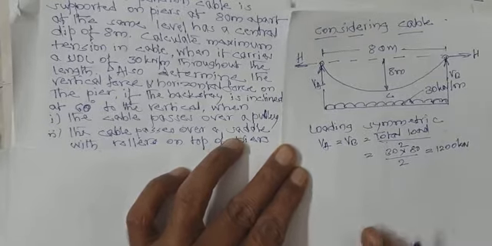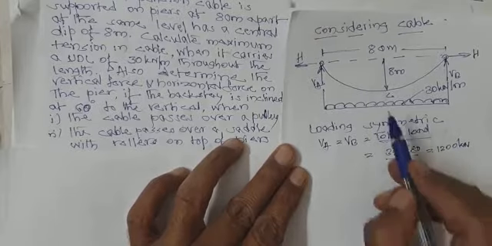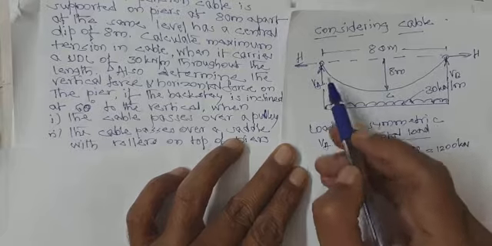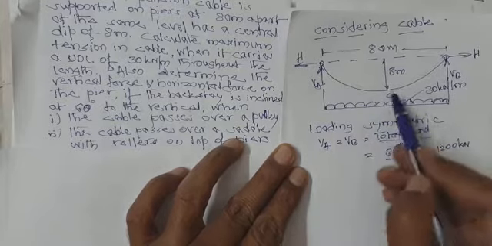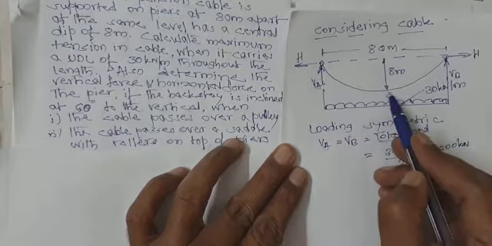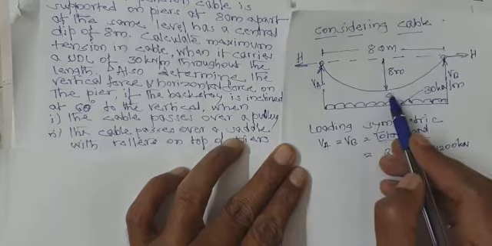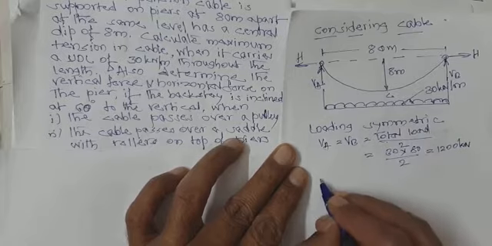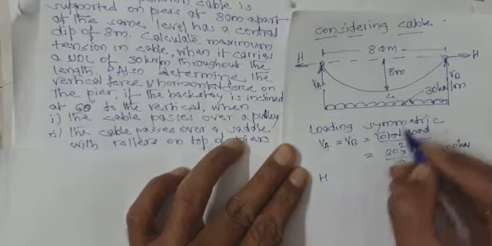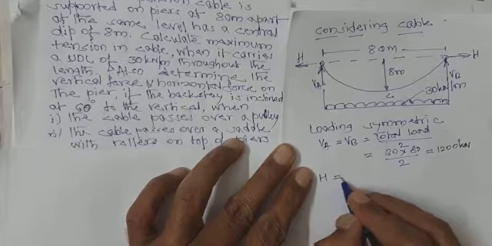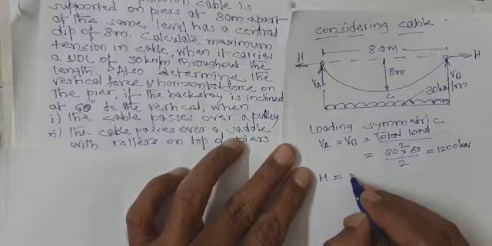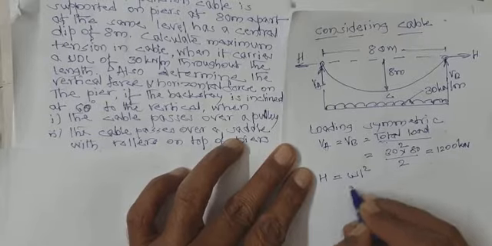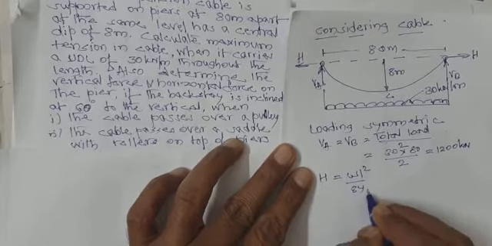Then you need to calculate H. So here we can calculate H by taking bending moment at C equals 0. You know that bending moment at any point on the cable is 0, and the dip of the cable is known at C. You can write down bending moment at C equals 0. Otherwise, we have already derived the expression for horizontal thrust for a cable which has equal supports and carries UDL throughout the span. That is WL square divided by 8YC.